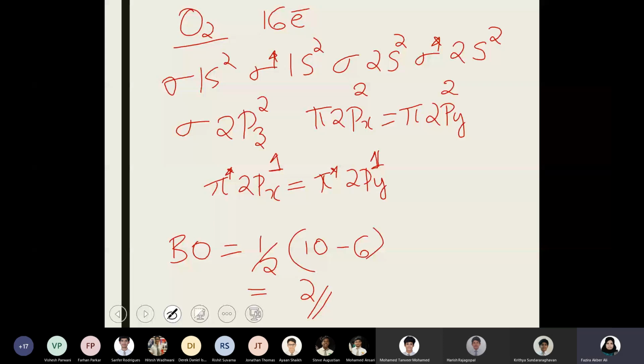Yeah, the oxygen molecule is stable because the bond order is not zero. Any value higher than zero means it is stable. And also you can say oxygen makes a double bond with the other oxygen, it's an O=O double bond. And what is the magnetic property? Paramagnetic, because there are unpaired electrons over here. You can see one electron over here in the anti-bonding molecular orbitals. So they are paramagnetic.